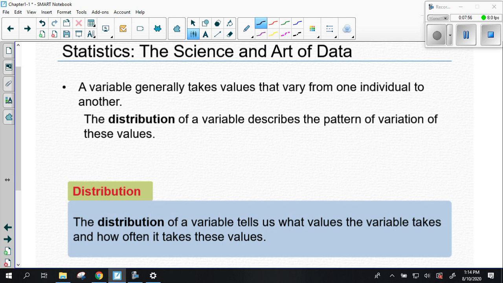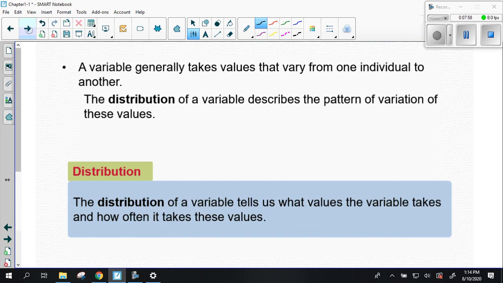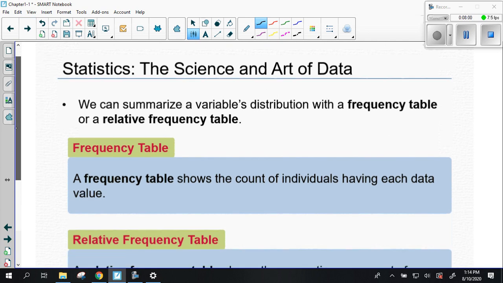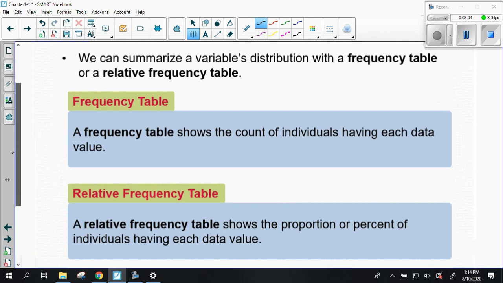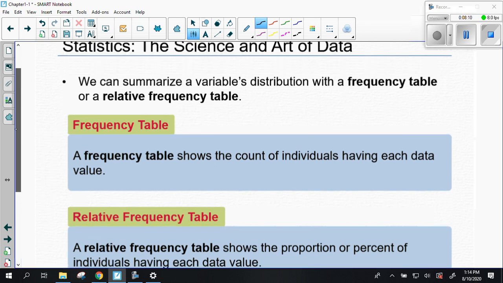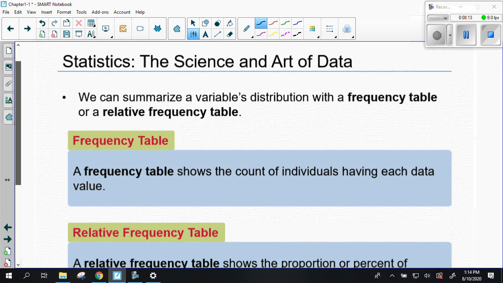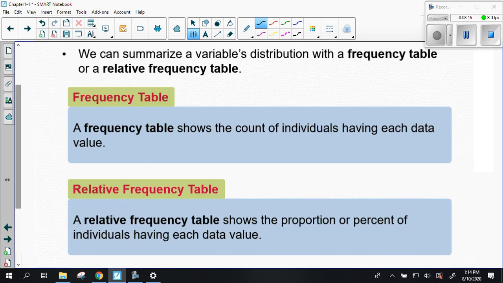We're going to be able to summarize this with a relative frequency table. First of all, let's talk about our frequency table, which they don't have up there at the top. A frequency table is just going to give us counts. So we're going to make each of these things before the end of the lesson. We'll make a frequency table, and then we're going to use the data from our frequency table to show a relative frequency table. A relative frequency table is going to tell us what percent